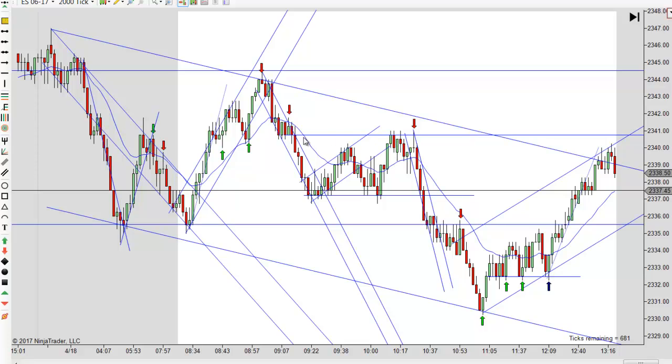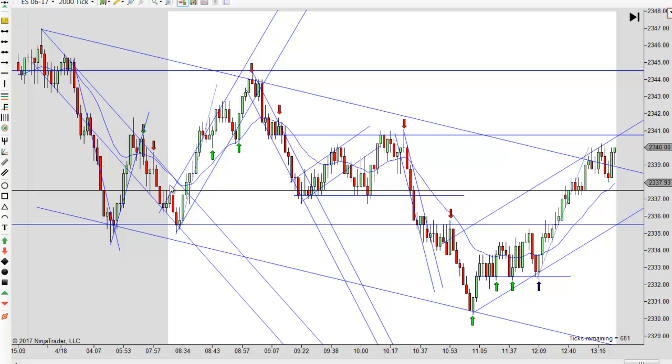You do end up testing this breakout level here, and you test it twice, but this is too neutral a bar. You're still above the EMA, but when it comes back and gives you a double tap of this level right here and gives you that bearish bar, and you've got a lot of room down here to this low, I like taking it then. You don't know that it's going to keep going like that, but it does in this case. And once it started going lower,